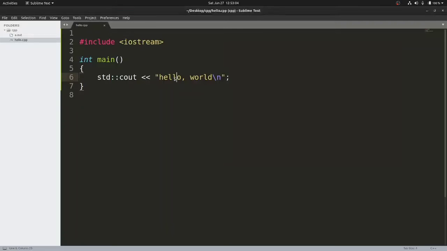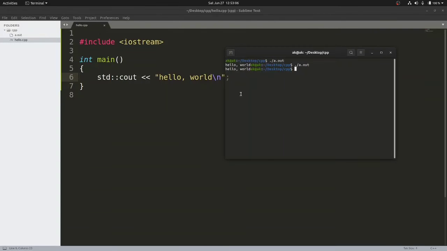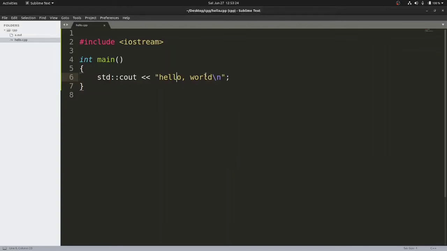Why? Because we have made a change to our high level program, but our machine code is not updated yet. So in order to update our machine code, we need to recompile it again. So we compile our code again, hit enter, and now our code gets compiled. If you run your program again, you can now see that after this word, this particular string goes to the next line. So this \n is a white space character which just pushes everything to the next line.